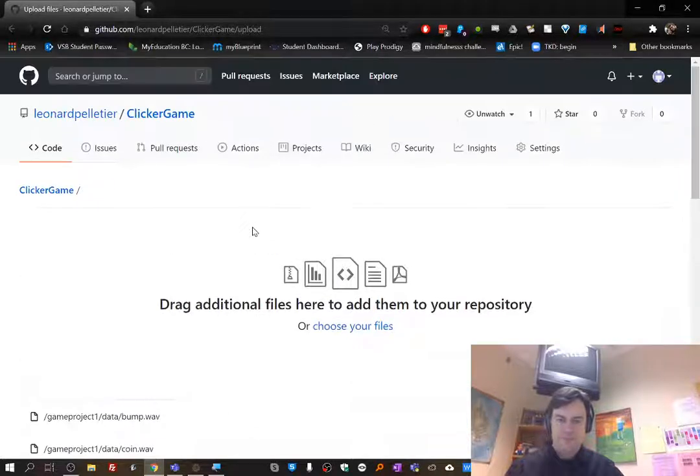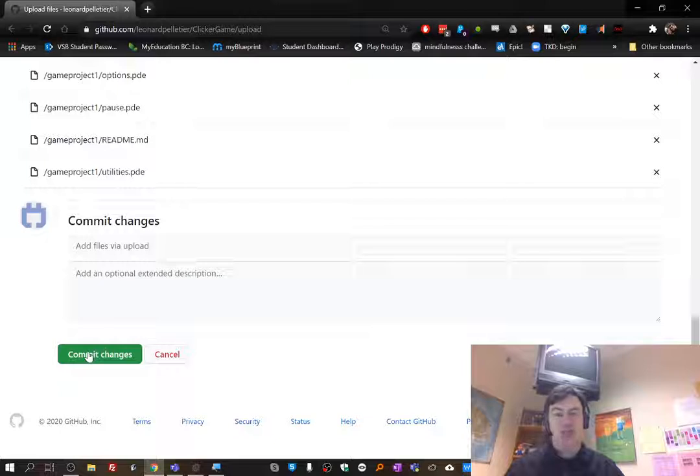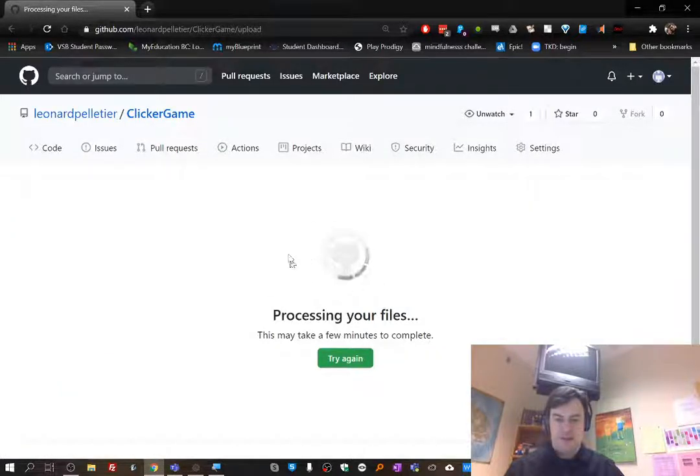So once it's done, you're not done. You still have to do one more step. That is commit changes. So I'm going to click commit changes. It's going to go, we're processing your files, and it says it'll take a few minutes. It'll probably take less than 1 minute for all of our projects because there's just not that much code